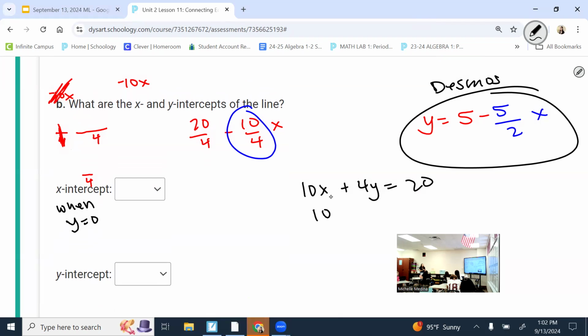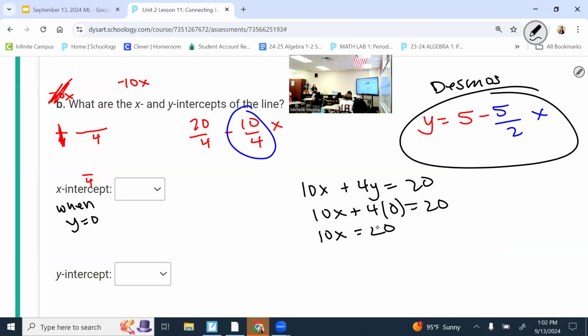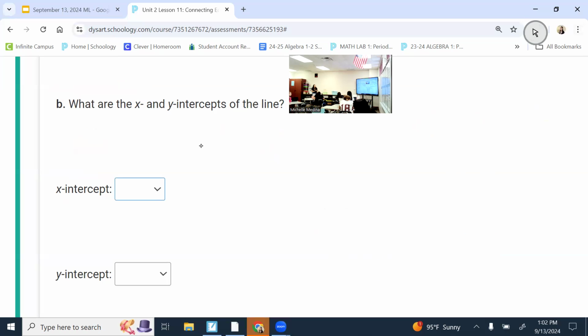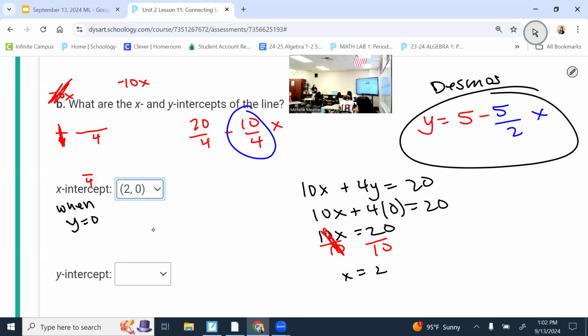So if I plug in a 0 for the y, I get 10x equals 20, because 4 times 0 is 0. What's the opposite of multiplying by 10? And I get that the x-intercept should be what? 2. And that's how we have it. Alright, so positive 2. And then my y-intercept: if my x-intercept is when y is 0, my y-intercept is